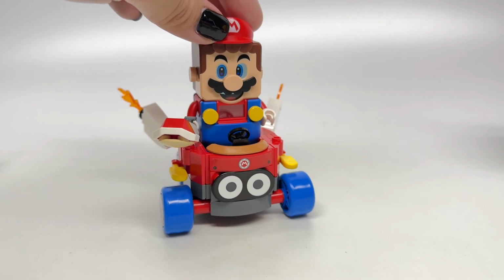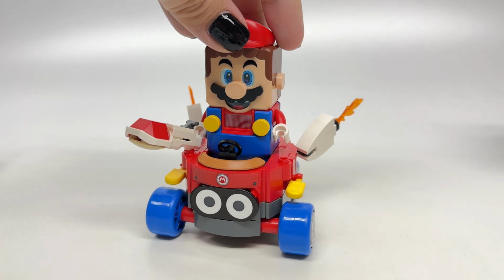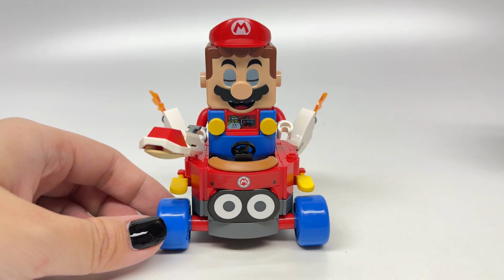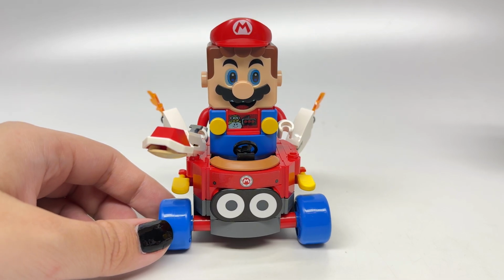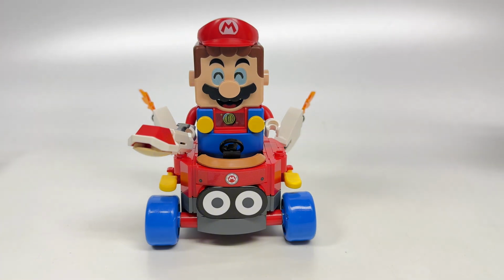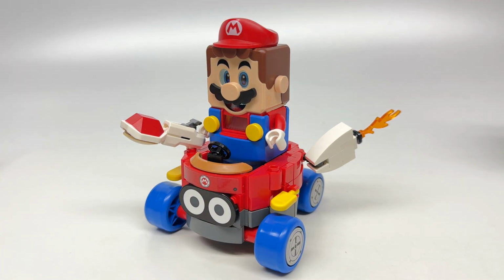Right away, you could hear some motor sounds. But if you shake them left and right, you start the race, which is a lot of fun, and you can hear the music it plays. Classic circuit music from SNES Mario Kart, which is kind of annoying to me because, like, you're gonna have this